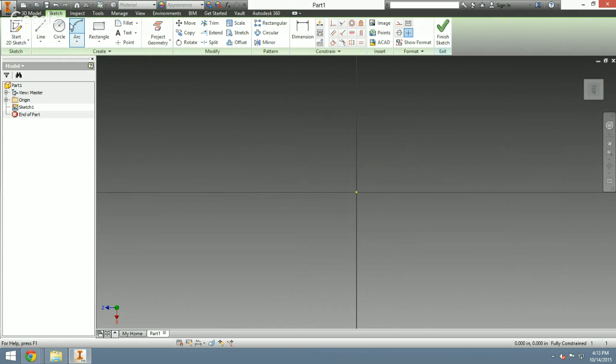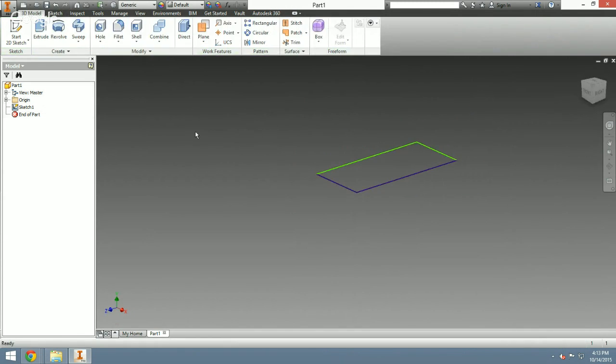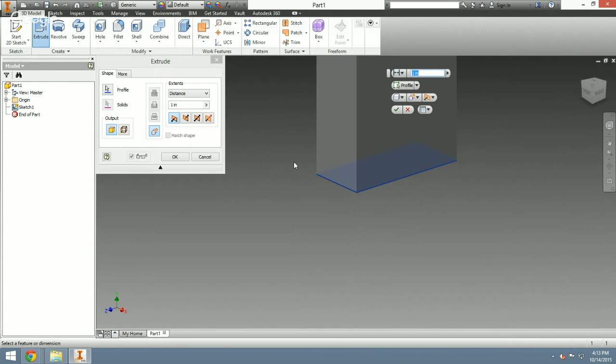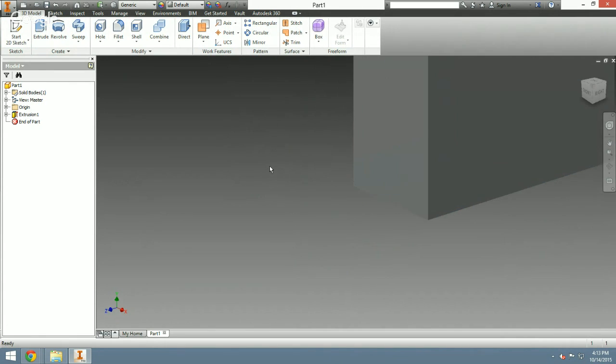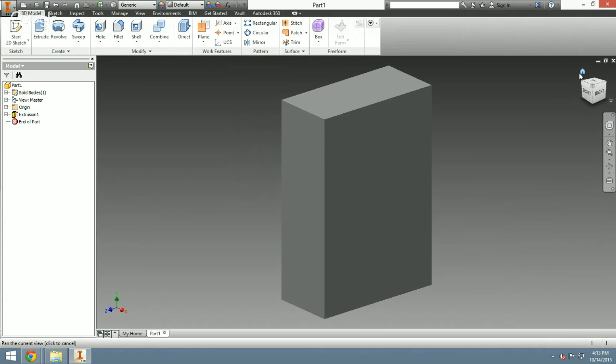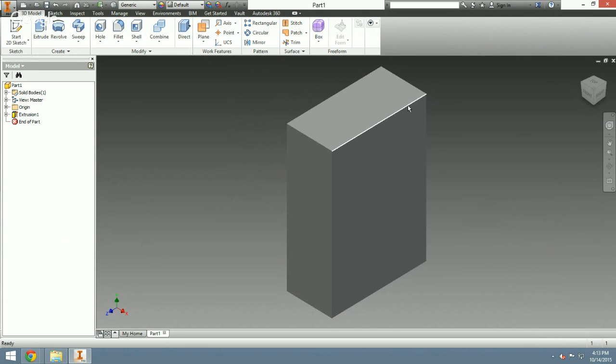My mouse is really slow today. I'll make a rectangle. Okay, I don't really care how big it is. I'm going to finish that little sketch. I'm going to extrude it, say 1 inch, sounds good. Go to my home view so that sets me out a little bit. I'm going to go